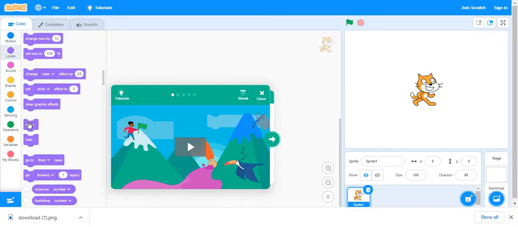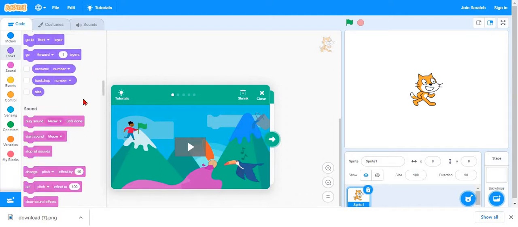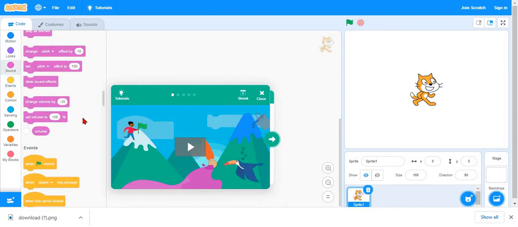Then it will show the sprite and hide the sprite and more. And over here in the sounds you can see play sound, meow, and there are even more to edit sounds and all.